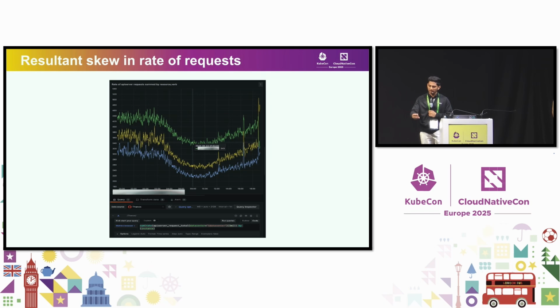And what that meant is that the rate at which each API server serves request is drastically different. You can see in the graph the green API server is serving much more number and at a higher rate of requests than the blue one. This means that because the load is different on each API server, the memory utilization will turn out to be different. Right? So all of these were symptoms of the same problem.